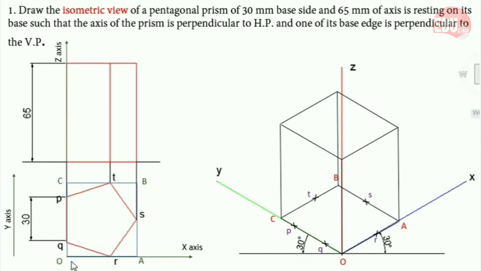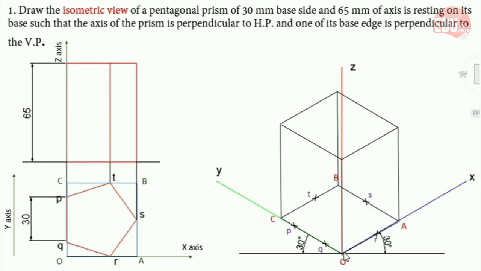In X axis you take OA distance, and along the Y axis you take this much distance. Similarly here, this is along the X axis. So in X axis you take OA distance, and in Y axis you take this distance. So along the Y axis you plot that distance. Then only you will get the point S. That is the logic.